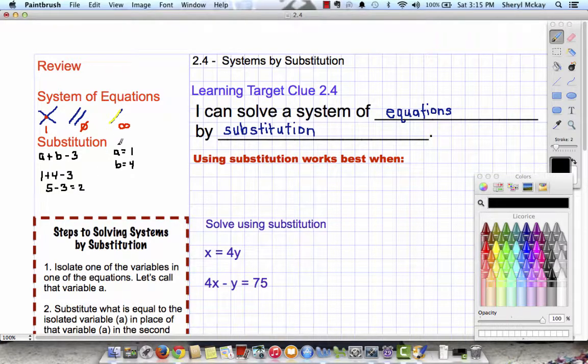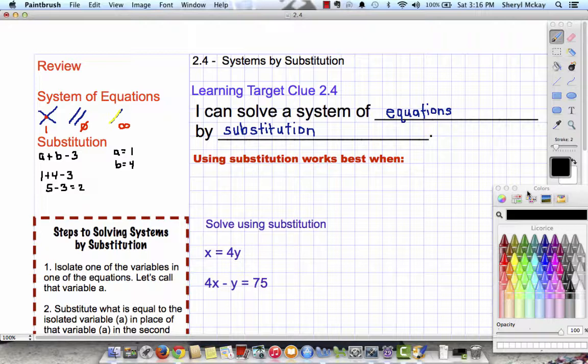So we're just going to take it a little bit further, and instead of substituting a value like 1 for a, we're actually going to substitute something like x plus 3 or 2y minus 4 in place of another variable. So we're taking an expression and we're going to replace a variable with that. We're going to substitute it. So there are times when substitution works really, really well and times when it doesn't. Just like there are times when graphing works pretty well and other times when graphing is a pain. And in my opinion, graphing is almost always a pain